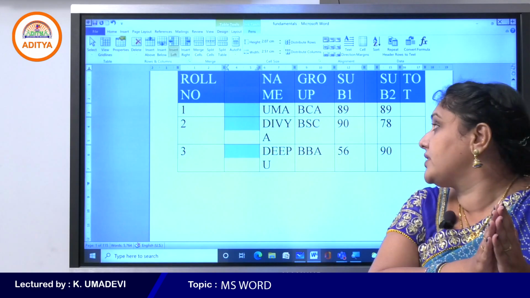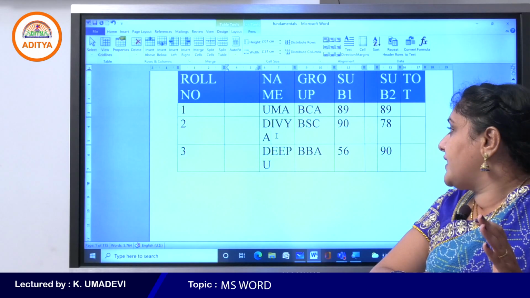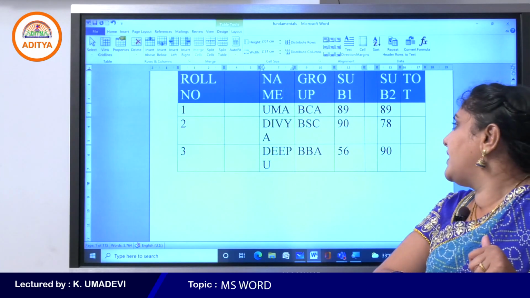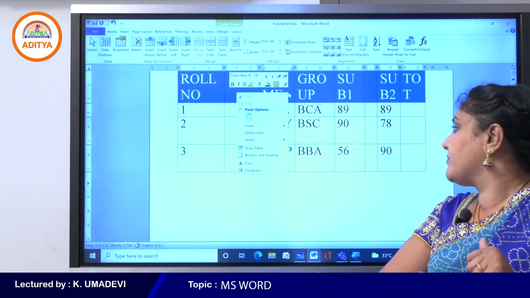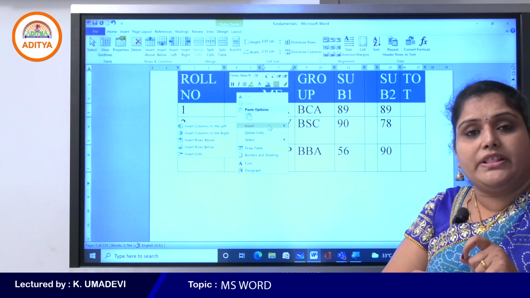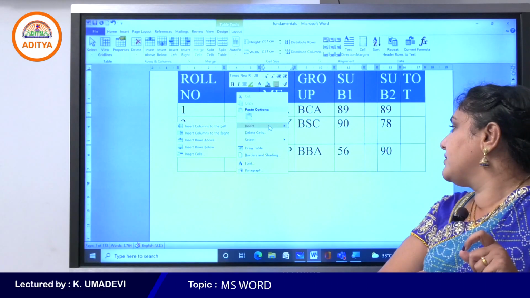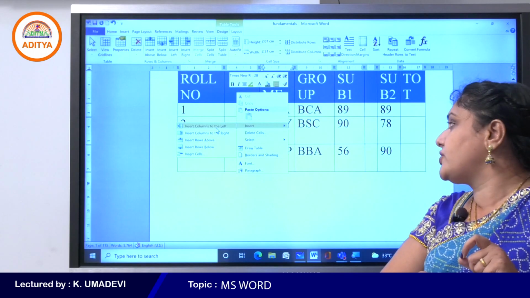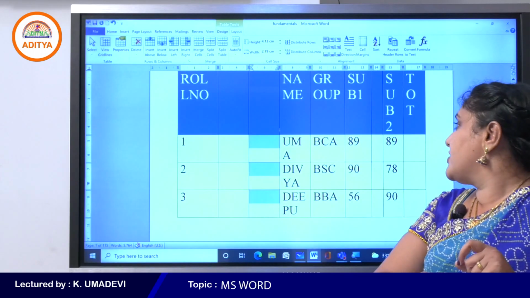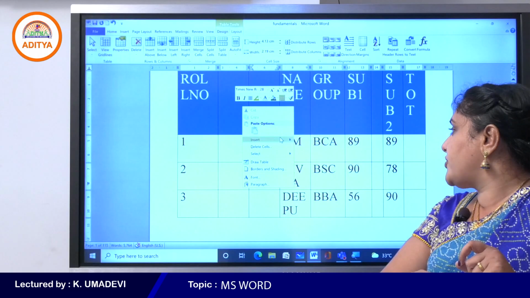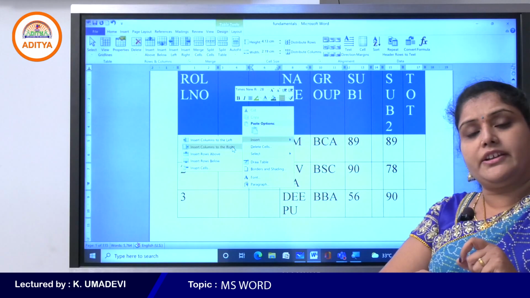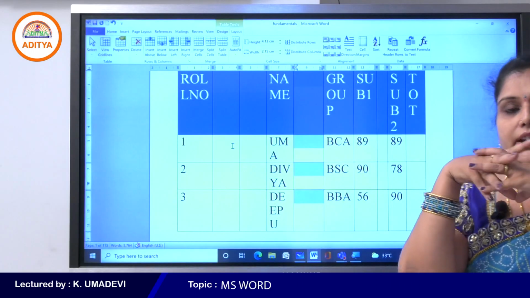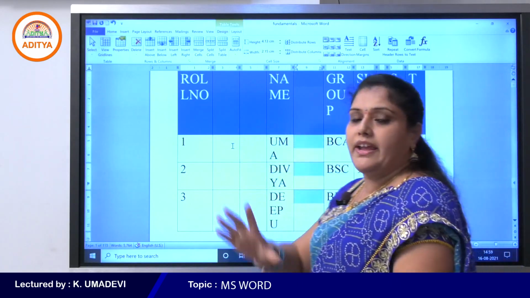So this is about inserting rows and columns, and the shortcut method is again select any cell and then right click, and go with the insert option. If you want to insert columns on the left hand side, select insert columns to the left. Or if you want to insert columns to the right hand side, click on insert columns to the right. Like this you can easily insert any rows and columns on your existing table.